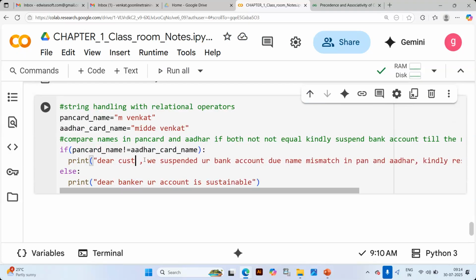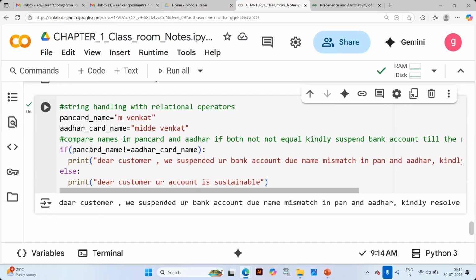Dear customer, I can say, here there is a customer, because we wanted to prompt the message to the customer, right? Let us execute now. What output have you got? Because the name will be mismatched, right? Dear customer, we have suspended your bank account due to mismatch of PAN and Aadhaar. In case both are the same,